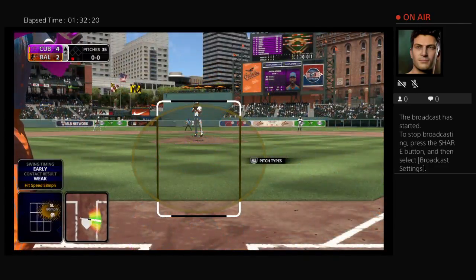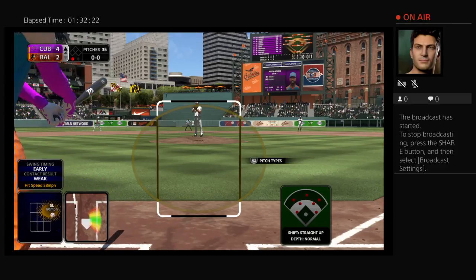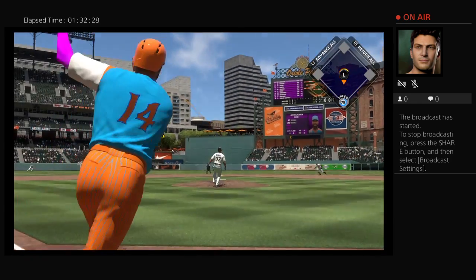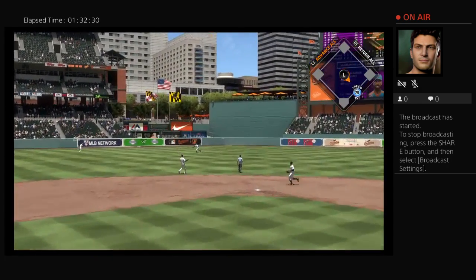Here's Austin Jackson, the center fielder. 2 hits in 2 trips for him thus far. Ready with the first pitch. Here it comes. Line towards center field. But sadly